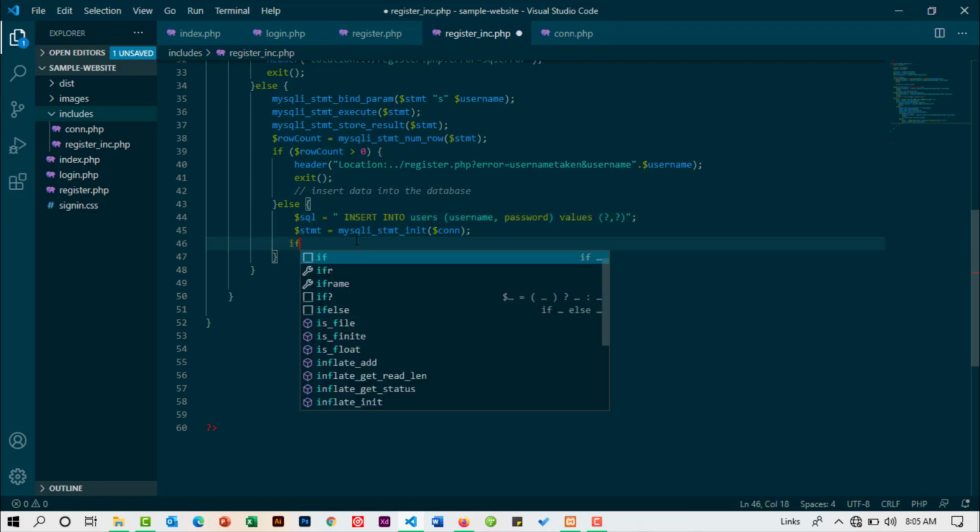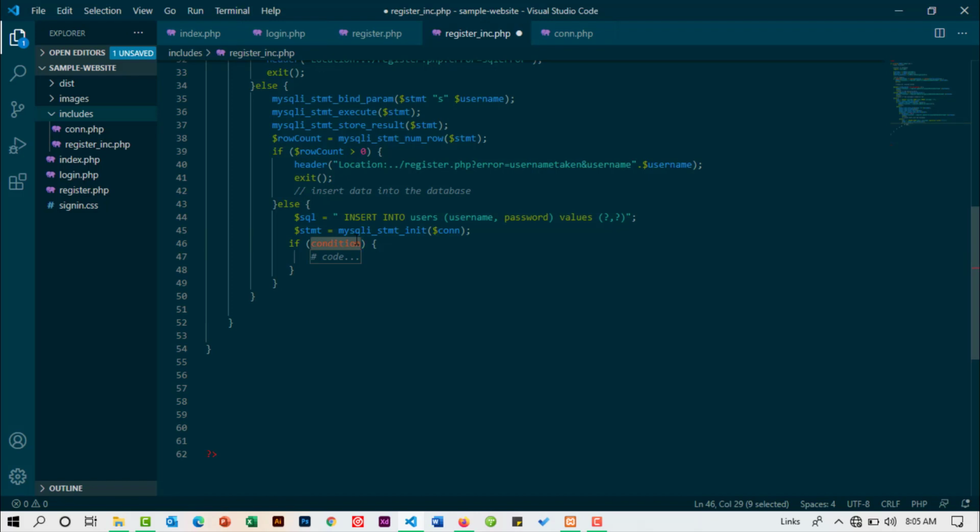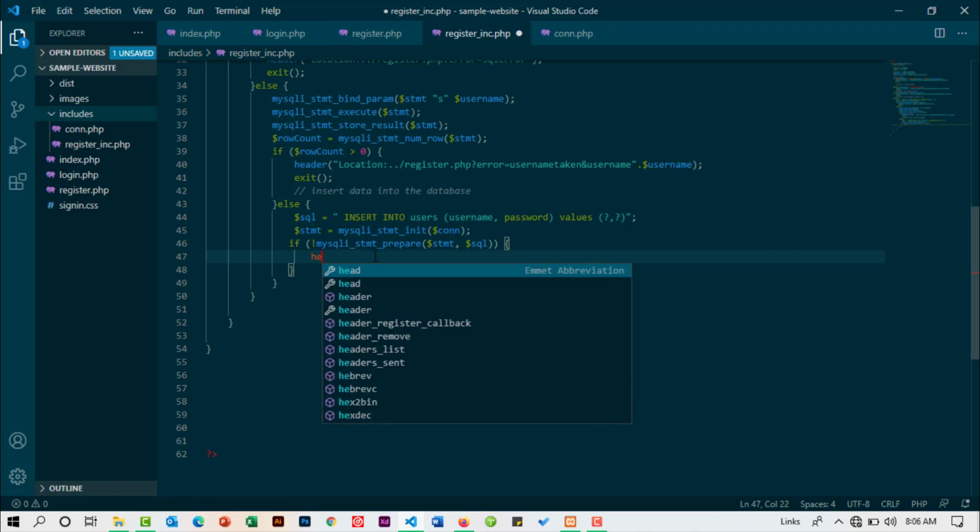So to do that, we're going to create an if statement, and we're going to have it with the condition exclamation mark mysqli_stmt_prepare, and this will have the variable stmt, comma, and the variable SQL. So if the two or any of the two is not working, then we want to echo an error on the URL. So, and this is just like